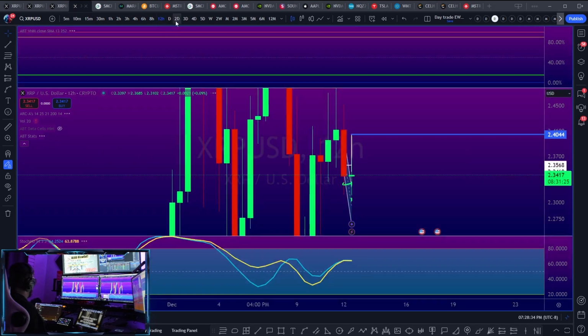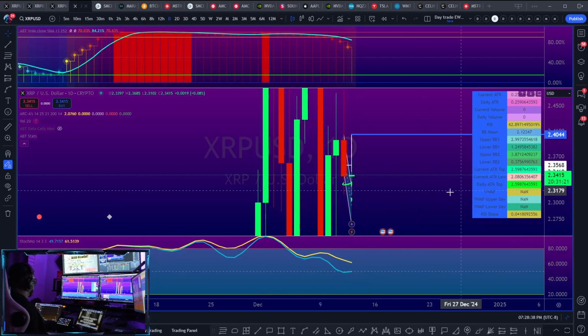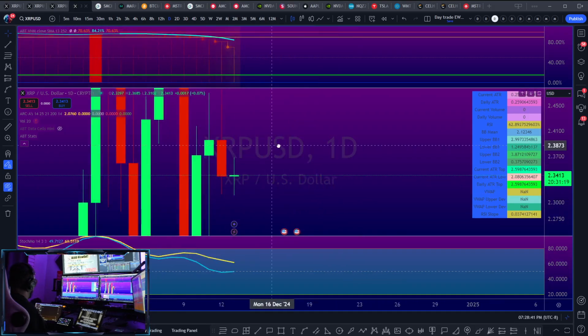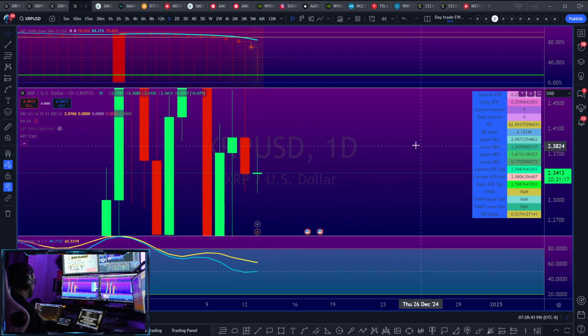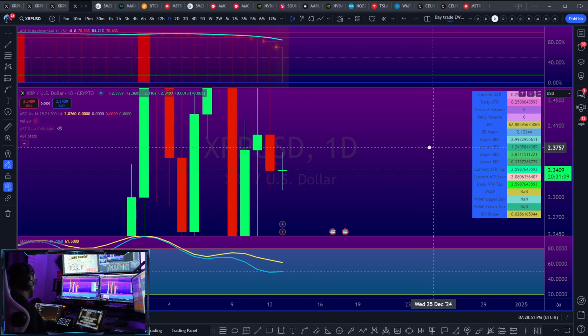Same with the 8-hour time frame and same with the 12-hour. And let's see, the daily looks like it wants to start turning around right here, guys, right? We have that daily time frame already open here. We've been open for about 4 hours now, and it looks like it does want to continue towards that upper bound. So what I am going to say, team, is that if it does have that continuation to the upside,